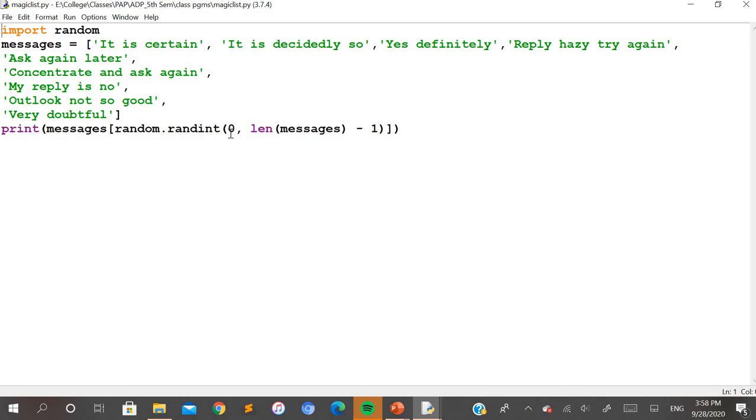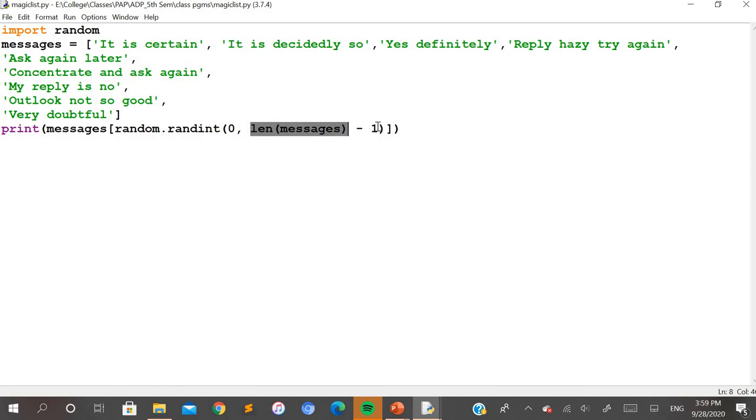What parameters do you pass? 0 to the length of messages minus 1. The length of messages gives you the total contents of this list, that is 1, 2, 3, 4, 5, 6, 7, 8, 9. So there are 9 contents here, and the result of only this part is going to be 9.